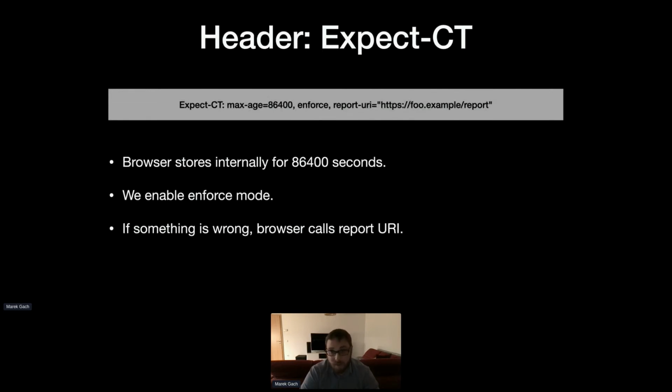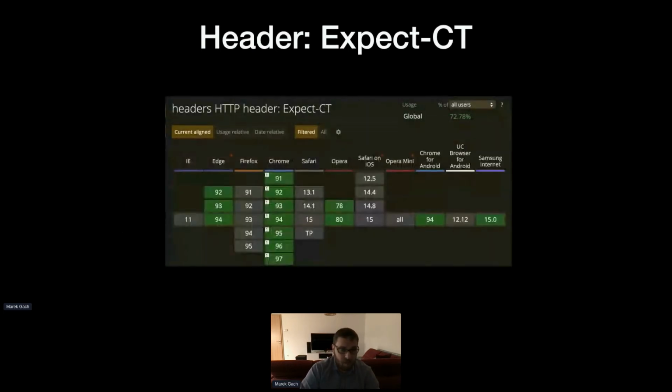For those report URLs, you can have your own endpoint, or you can use some mostly paid services to handle it for you. It's quite a cool feature because it can tell you that something strange is happening with your certificate. It will also tell you that the certificate expired, or there's some problem with the TLS, and so on. The support here is in Edge, Chrome, Opera, Chrome for Android, also Samsung Internet. It's quite a common header, but